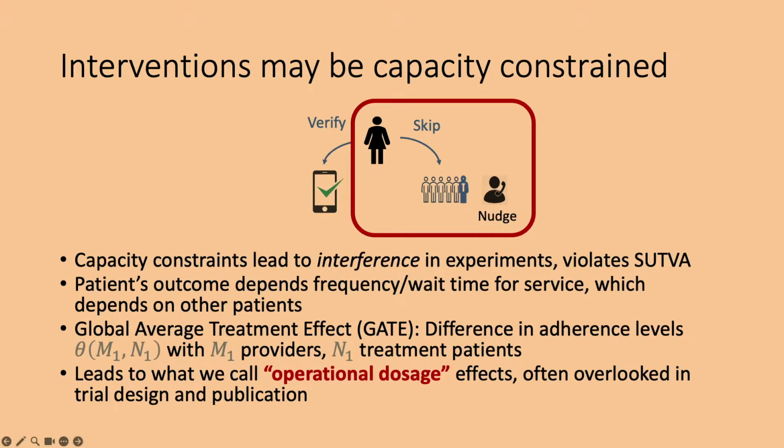So it's kind of analogous to the pharmaceutical trials of how large is the dose of the pill that you're actually getting. And another reason that we call it this is to highlight how important we think this should be. In drug trials, it's obvious that if you're giving someone one pill every 10 days versus every other day, this is a very different intervention. And yet for these kinds of service interventions, people don't often think about these metrics as much.